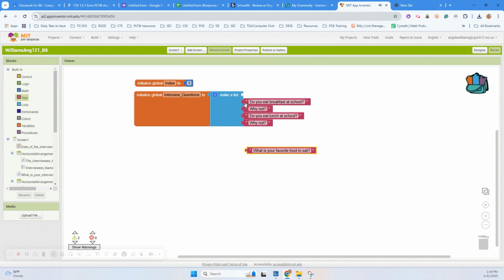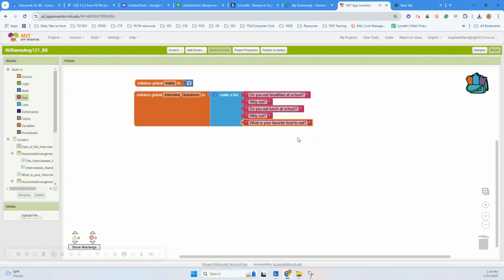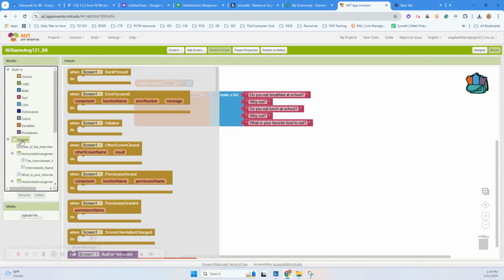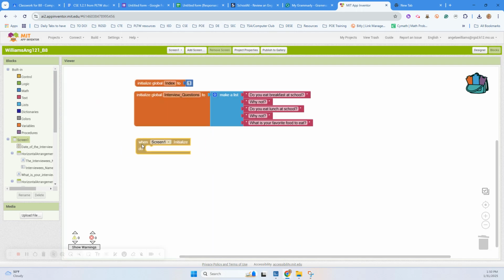So I want to rearrange my questions. So these are the questions that were predetermined when I was thinking about doing my database and what I wanted my subject to be. When screen 1 is initialized,